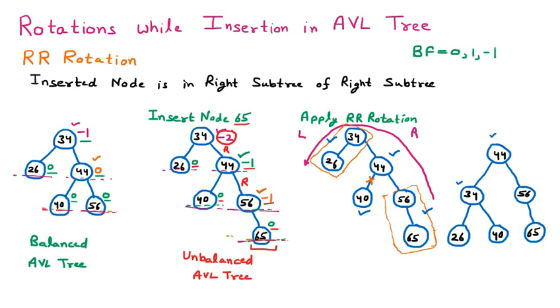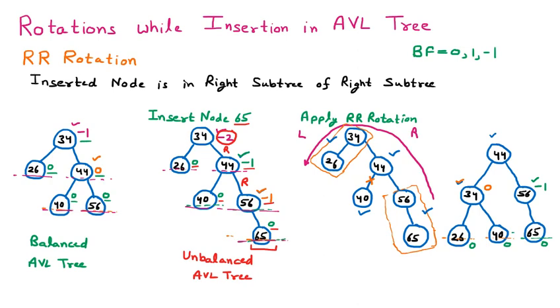Now we have to find out whether this tree is balanced or not. We know that all the leaves have a zero balancing factor. Now we are finding the balancing factor of node 34. Here on the left we have 1, on the right we have 1. So 1 minus 1 is 0. So 0 is the balancing factor. Now find the balancing factor of node 56. On the left hand side there is nothing, on the right hand side there is one level. So 0 minus 1 is minus 1.